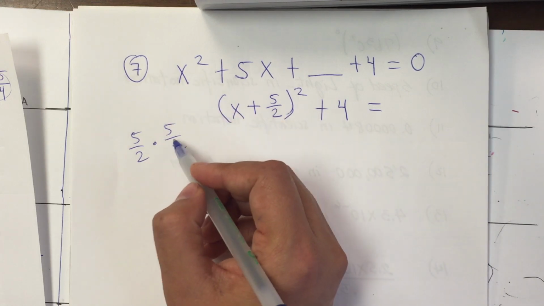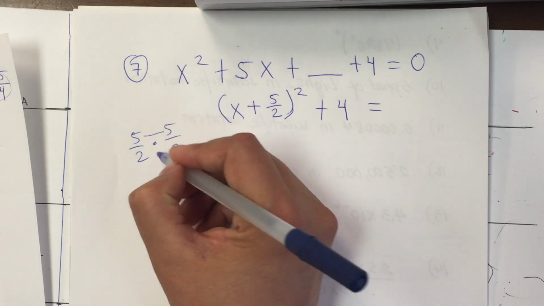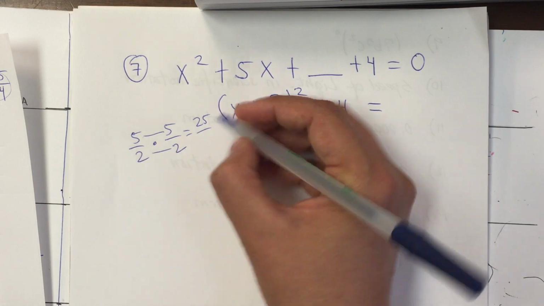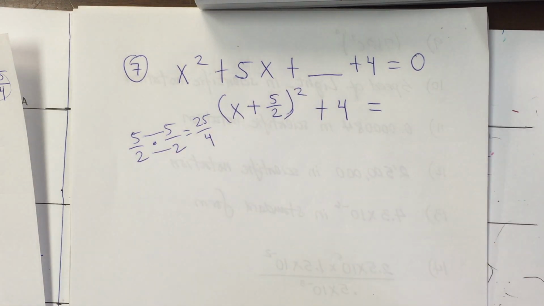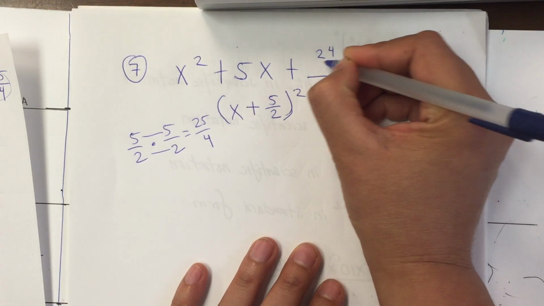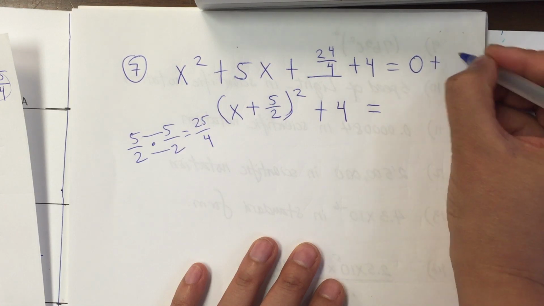And so it's 5 halves times 5 halves. We multiply straight, and so 5 times 5 is 25 over 2 times 2 is 4. We end up with adding 25 fourths in here, and whatever you add to one side, you add